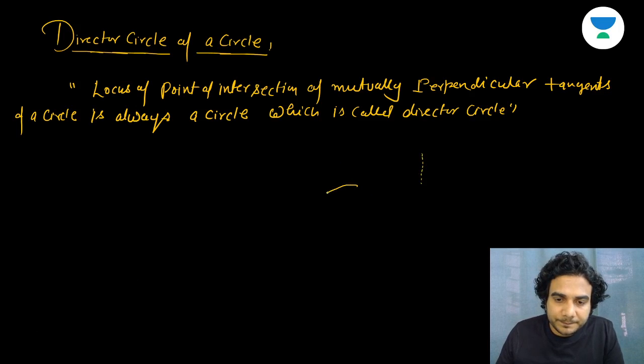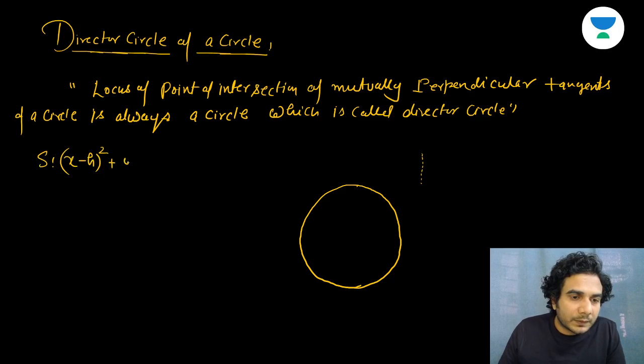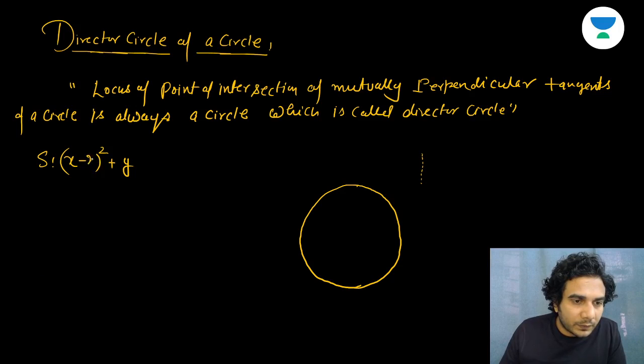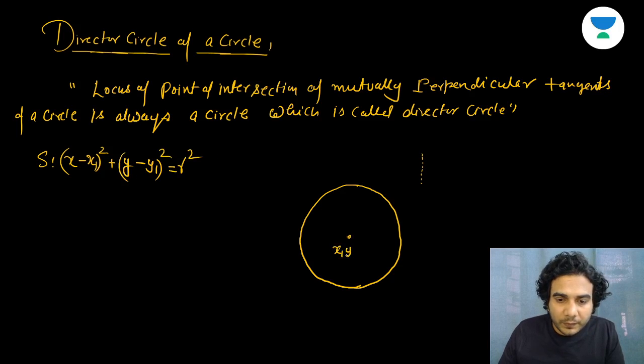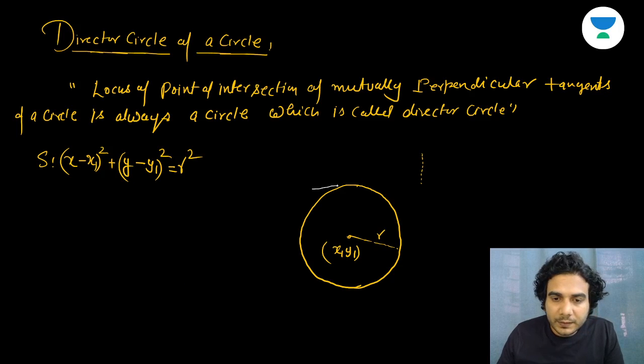Say this is the circle, the given circle. This given circle is x minus x1 the whole square plus y minus y1 the whole square is equal to r square. All right, so this is a circle whose center is (x1, y1) and radius is r. Now let's draw mutually perpendicular tangents,